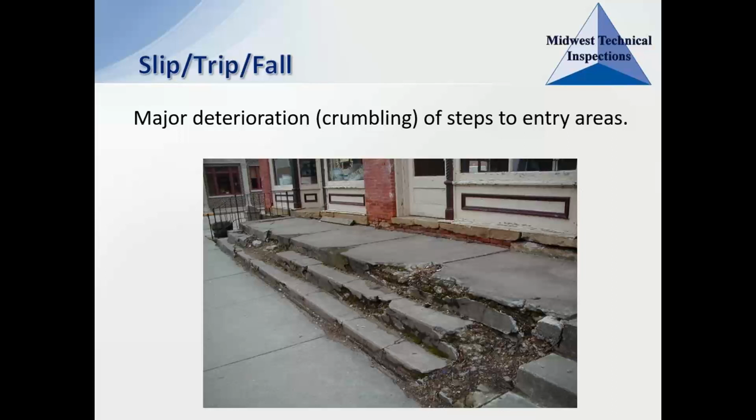fall. Here we're looking at obviously the crumbled stairs are horrible here, where somebody could easily slip and fall on those. But also we are looking at the handrails on this one too, because for all stairs with 3 or more risers, we're looking for a handrail. So now the handrail depends on how wide the stairs are as to how many handrails they need to actually have. Now with this particular handrail, we do see that they have the handrail down here at the far end of the stairs,